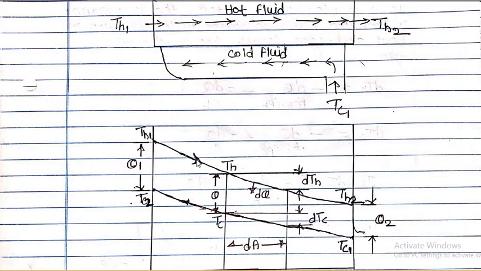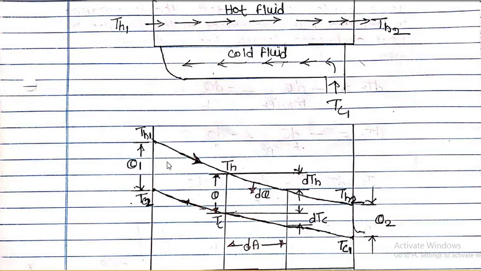So the proper arrows should be shown to indicate the direction of the counter flow arrangement, with the hot fluid flowing in this direction and the cold fluid flowing in this direction. Therefore, in case of a counter flow, θ2 is nothing but the outlet temperature of the hot fluid minus the inlet temperature of the cold fluid.